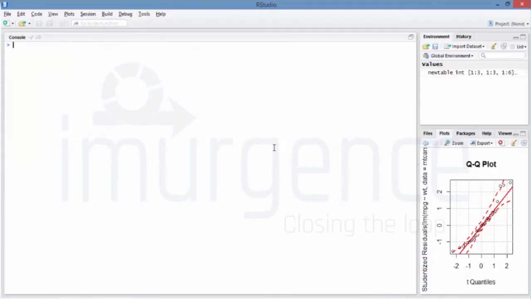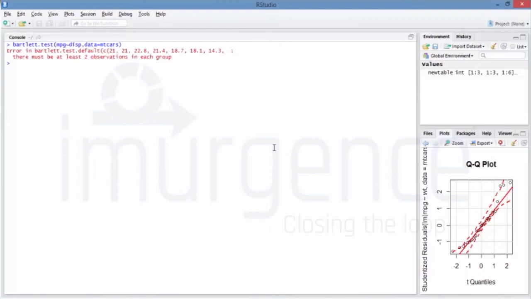So R has many tests for checking the homogeneity of the variance. For this example, Bartlett's test is also available, right? So you can use bartlett.test, and in this you can pass the response. Again this data is not available, so I'm just going to use something else. Say for example, let me use something like mpg tilde displacement, with data equal to mtcars.